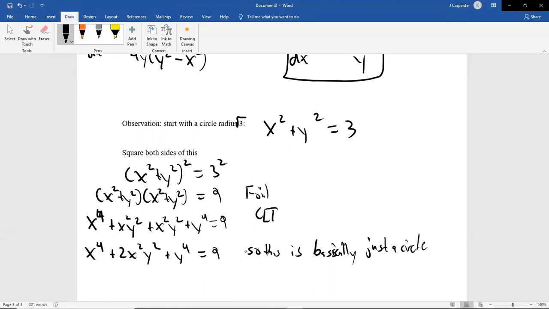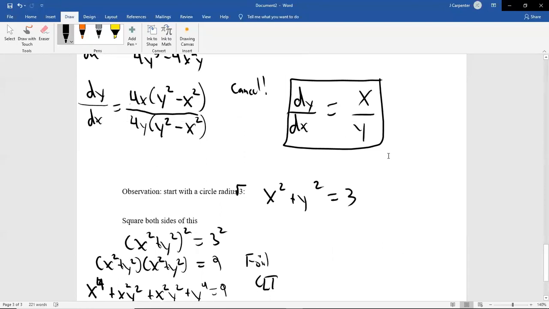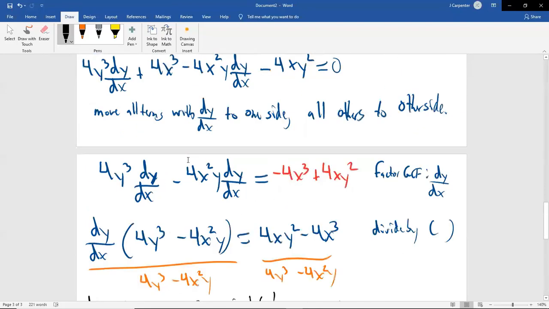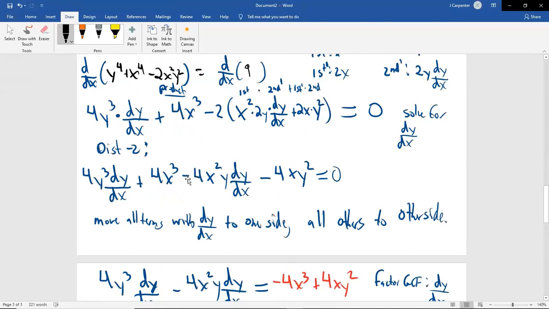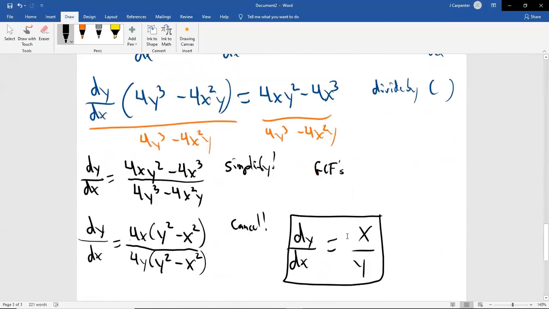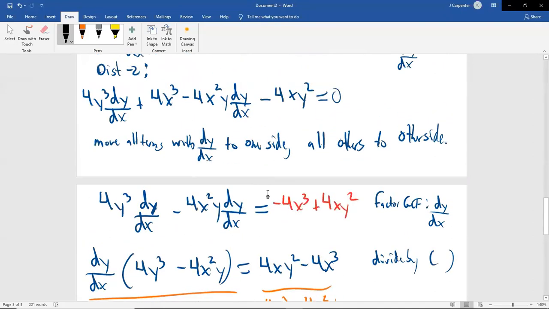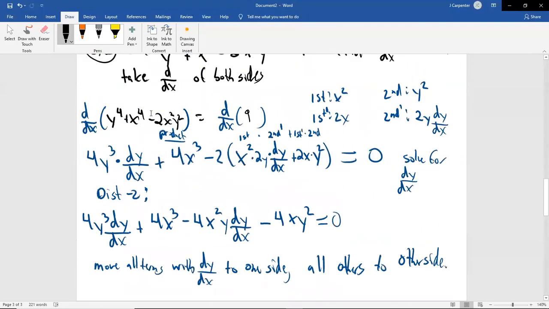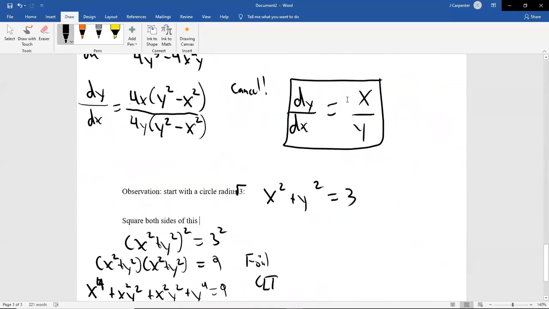If you graph x to the fourth plus 2x squared y squared plus y to the fourth equals 9, it would be a circle with a radius of square root of 3. That is why, after all the algebra was said and done, this derivative mirrored it so well. But again, it was that one teeny little sign change. If I put a plus there, then this would have been a negative instead. If I had made this a plus originally, then this derivative would have been a negative and it would have correlated 100%. But I wanted to do a subtle difference there, literally. Pun intended.